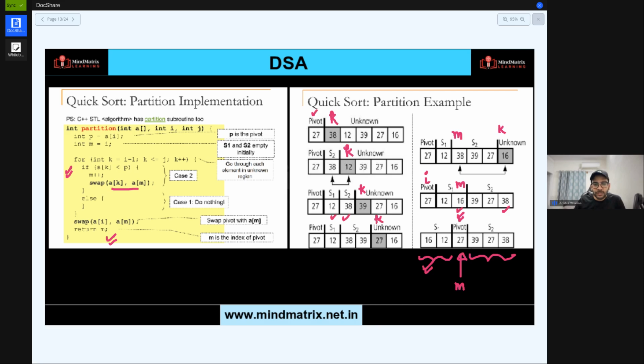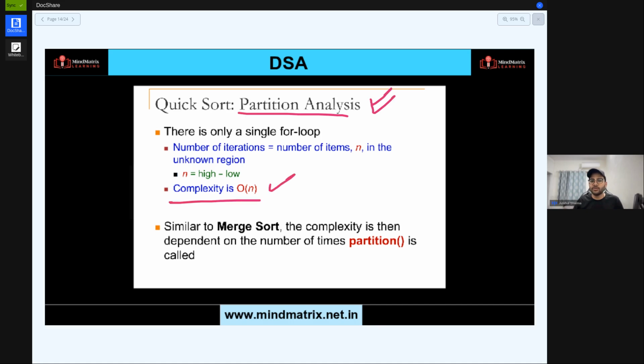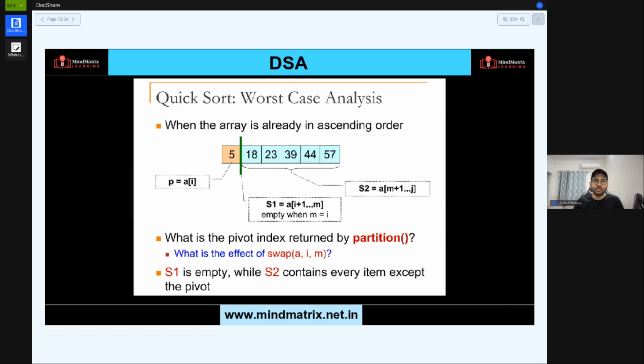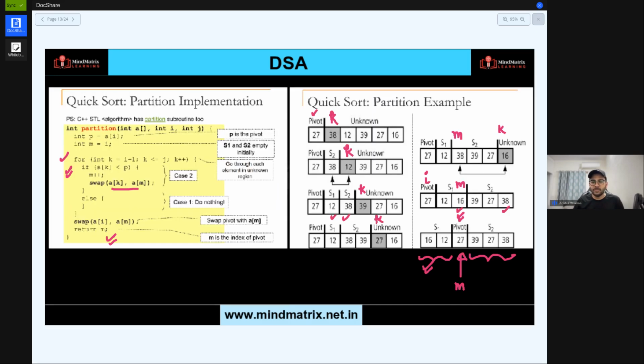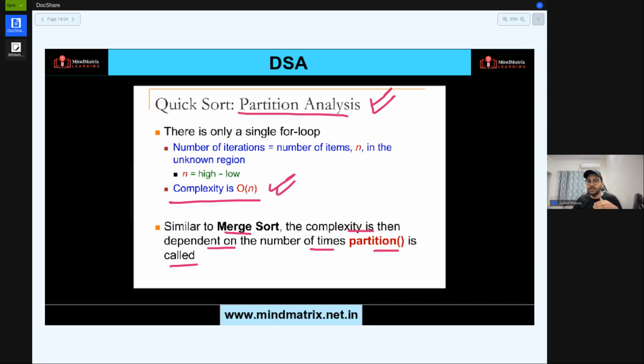In the partition analysis, if you see the code, how many loops are there? Only one loop is there, the for loop. So can I say it is almost scanning the entire array, right? So can I say it is going to be order of n? The complexity is going to be order of n for this for loop. Similar to merge sort, the complexity is then dependent upon the number of times partition is called, right? So here also it is the same. Basically in merge sort we call this merge, right? Okay. Now, we can say that it is order of n times, but we have to see how many